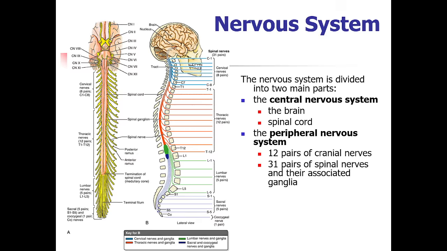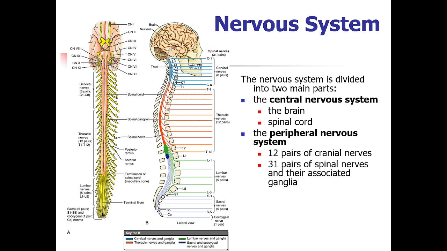So, let's begin. That is the very first slide, which shows the topographical subdivision of the nervous system into the central nervous system, CNS, and the peripheral nervous system, PNS. Guys, just remind me, what are the only two organs which belong to the central nervous system? Perfect, absolutely correct. We have the brain in the cavity of the skull, and the spinal cord in the vertebral canal, and only those two are CNS structures.